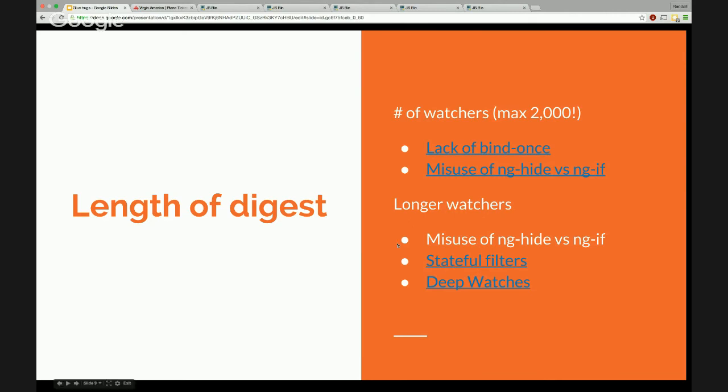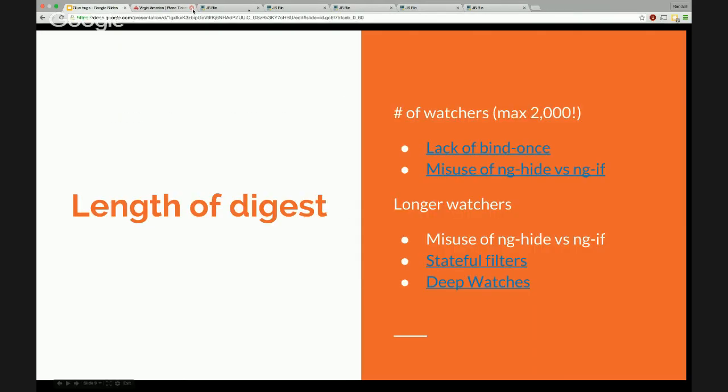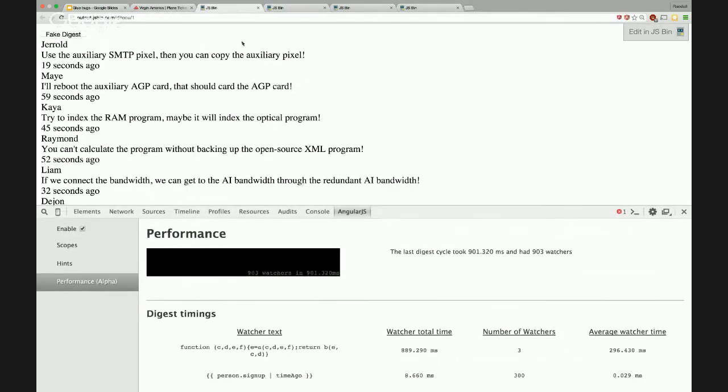So let's move on to stateful filters and deep watches. Things where a single watcher will take longer than it needs. So whoop, didn't mean to click that. I actually have that preloaded over here. Not that one. Preloaded over here. And